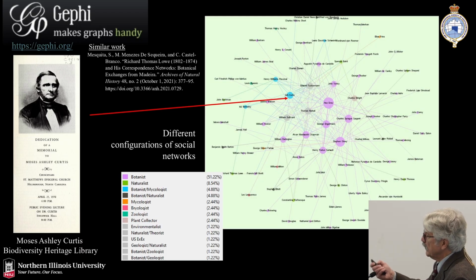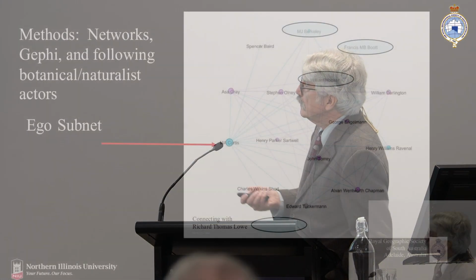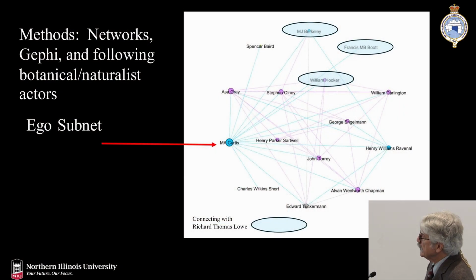And I just start my network, kind of mimicking what was done before. And there he is. I put him down more as a mycologist, botanist, and the people he communicated with are in blue, pretty much. They're all there. They're kind of close, though. So you can measure all this closeness. And you can look at ego subnets. You can take apart that network and look at the major players.